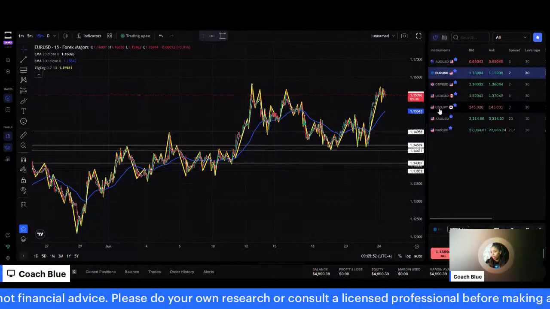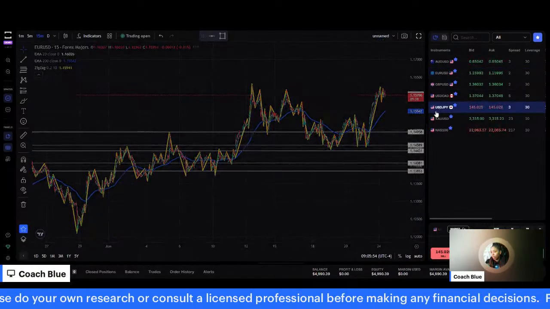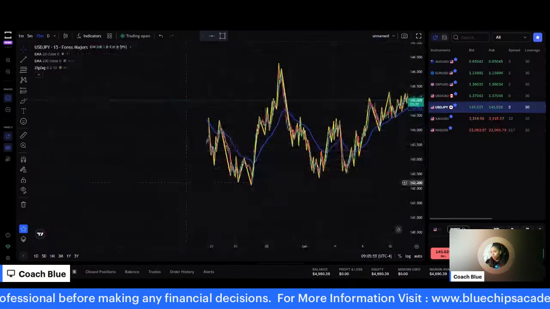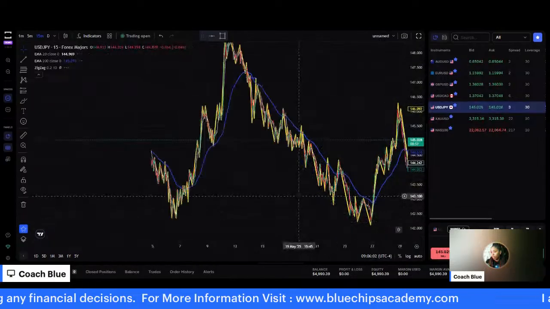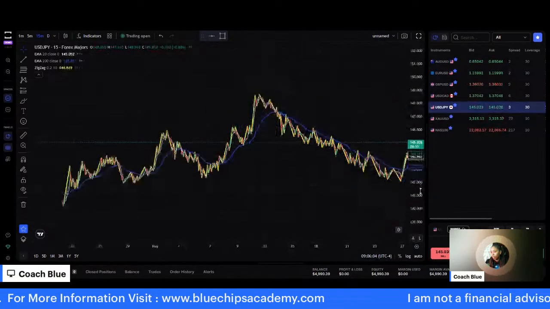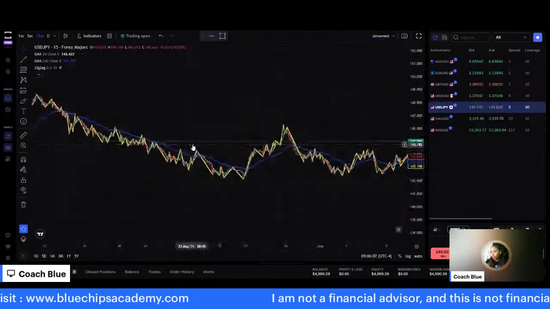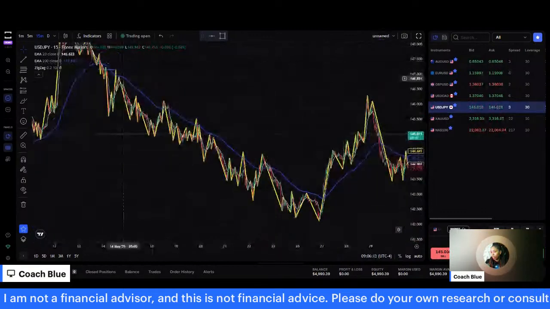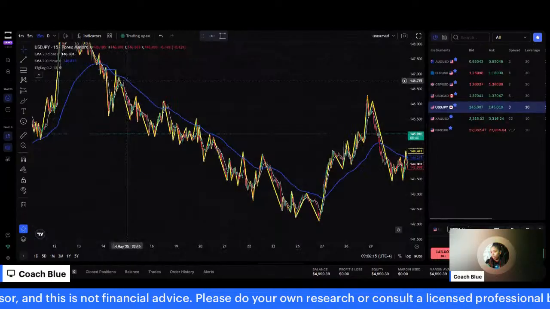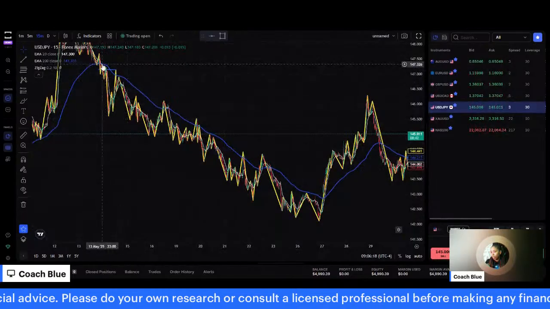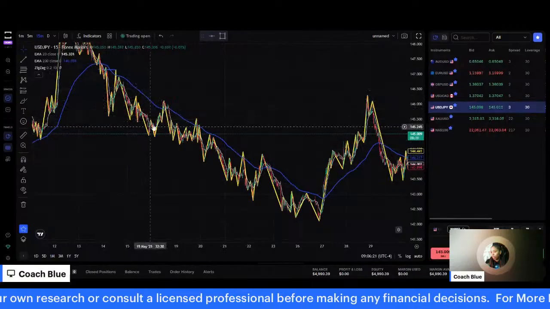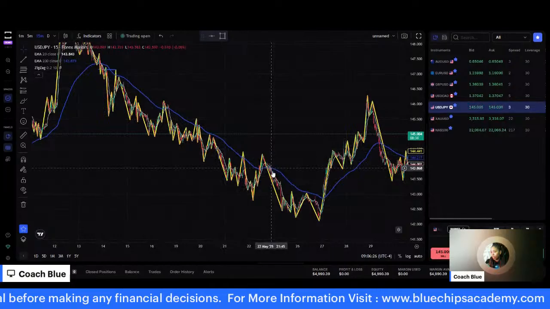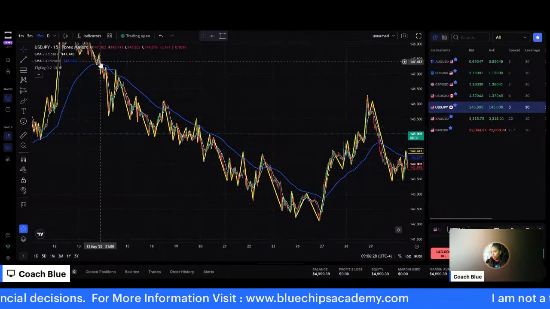So let's see if we can find a chart for the downtrend. Let's see if USDJPY is what we're looking for here. I'm going to zoom out a little bit and we're going to move over to the left. Okay, we'll just use this right here for an example. Again, this is the 200, this blue line here. We got a crossover here. Look at this nice move all the way down to the downside. Another crossover here. Nice push to the downside.